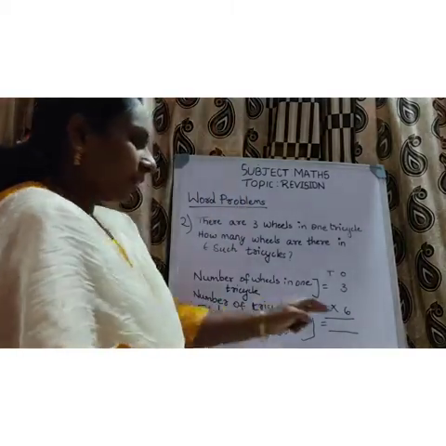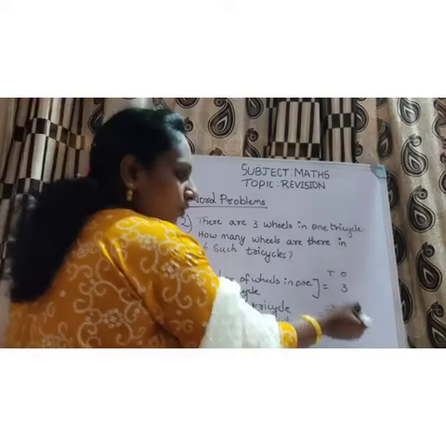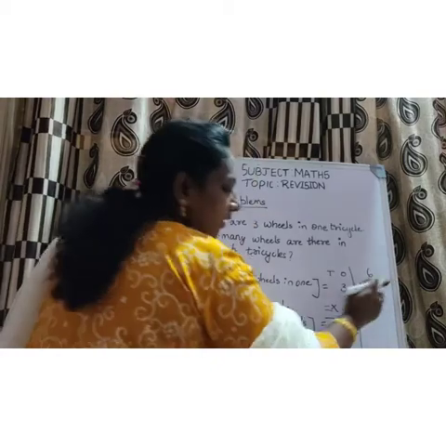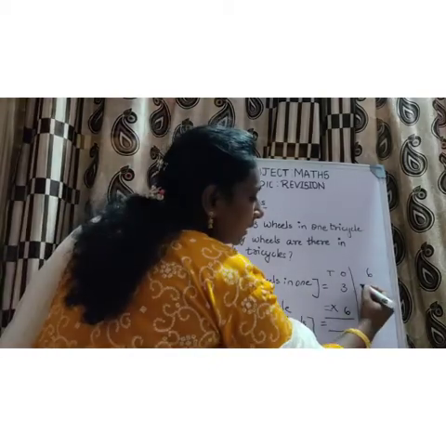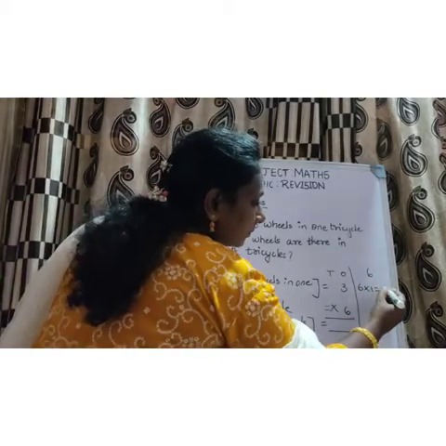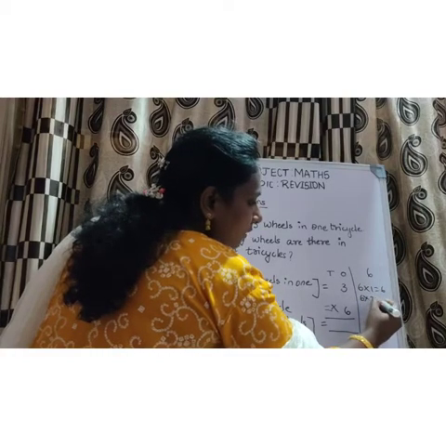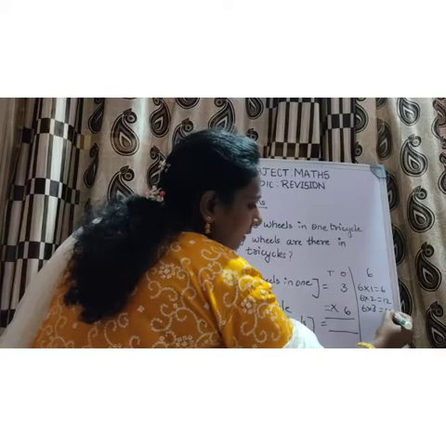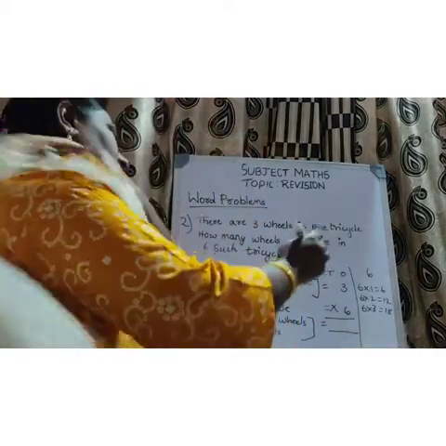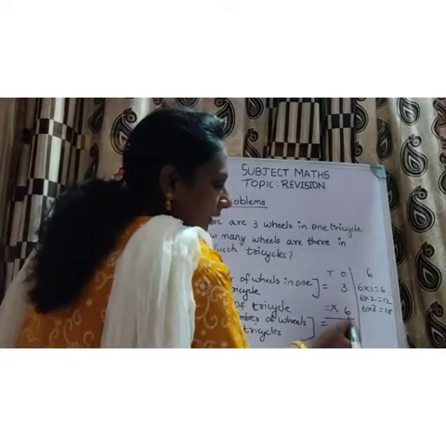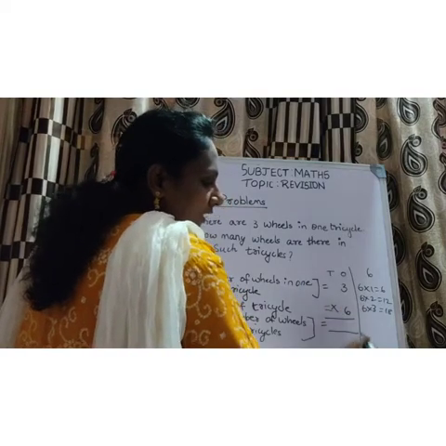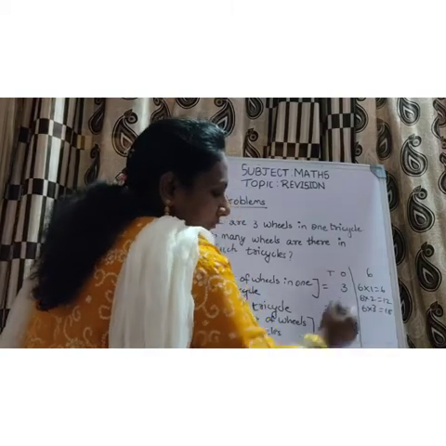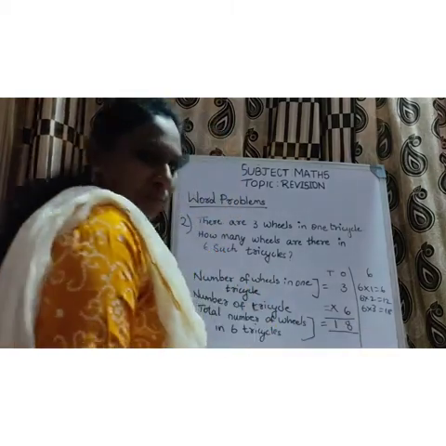So now you should write the table of 6. So draw one line here and write the table of which table, children? You should write the table of 6 till 3. 6 ones are 6, 6 twos are 12, 6 threes are 18. So now we will write the answer. 6 threes are how much, children? 18. 8 you should write in ones place and 1 in the tens place.